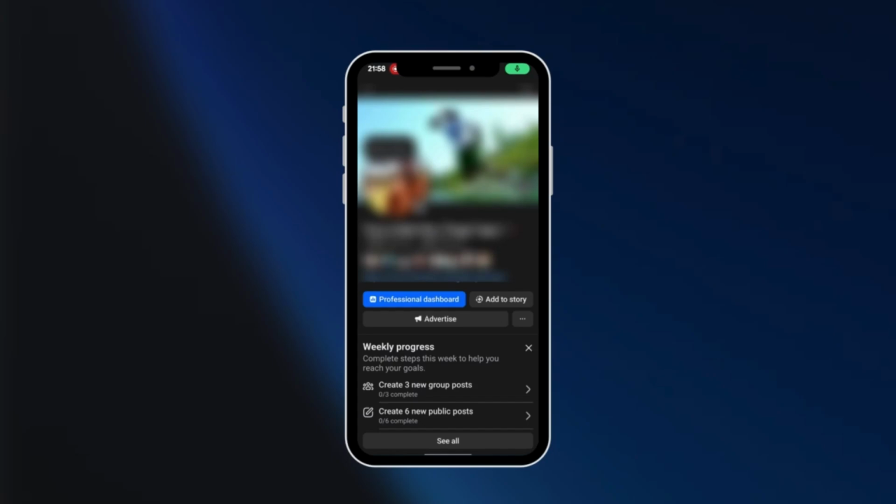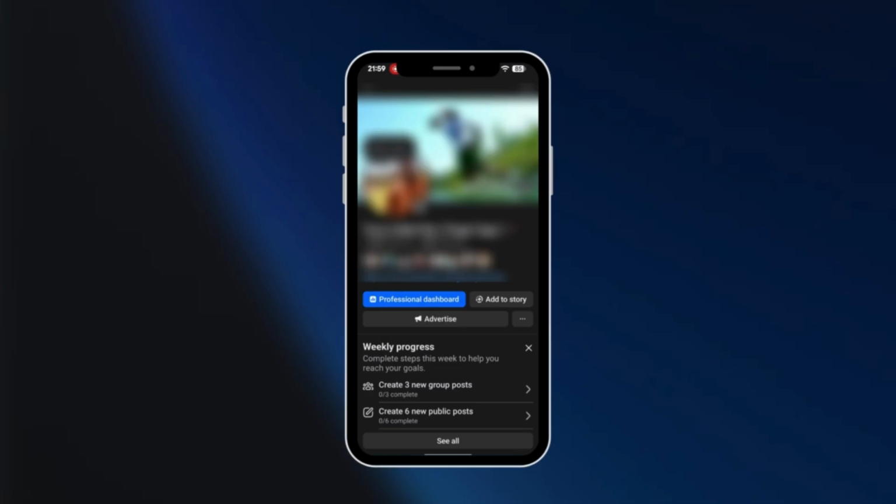Hello guys, in this tutorial we'll be showing you how to easily add story highlights on Facebook. We know that highlights can disappear after 24 hours, but in order for this to stay as highlights on your story, you need to go over to your Facebook, specifically on your Facebook profile, and you're going to see something